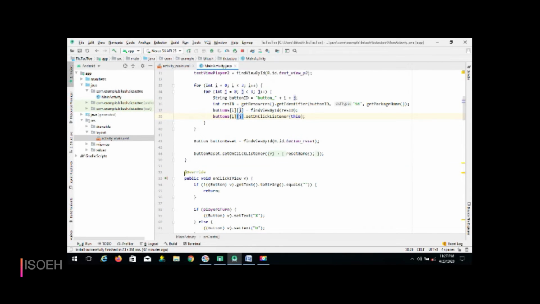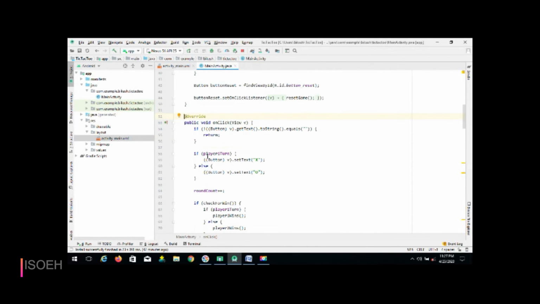After completing the for loop, go to your override method onClick. Here you have to set a condition. I have selected if and write not equal to, button.getText().toString() for converted string, .equals(""), then return.